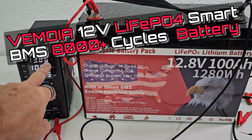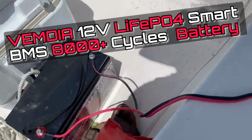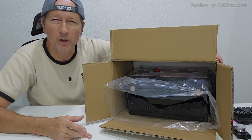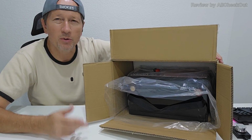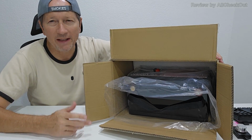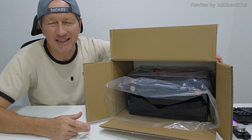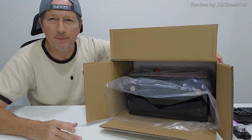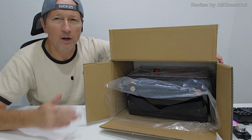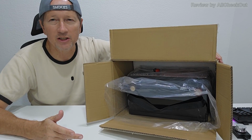Yeah, hi guys, I'm here with the first unboxing, assembly and quick test of the VEMDIA LiFePO4 100 ampere hours or 1280 watt hours LiFePO4 battery with 8000 plus cycles. So with these super high specs, it fits of course perfectly for RV, golf carts, home, solar installations, and also